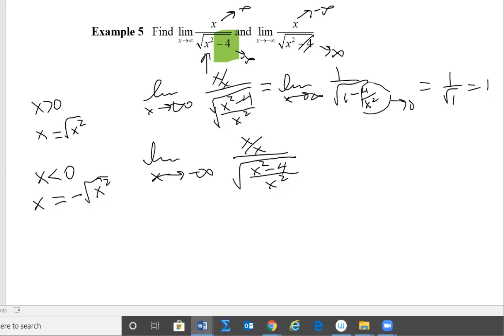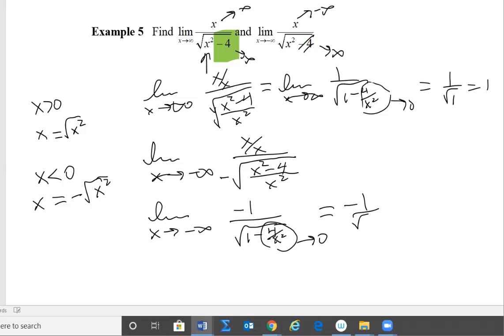So in the denominator, I've actually included a negative number, so I'm going to make this negative. So that became a negative down there. And then let's write this as 1, and I'll move that negative up there. And this down here is 1 minus 4 over x squared under the radical. And again, as x goes to infinity, this goes to 0,